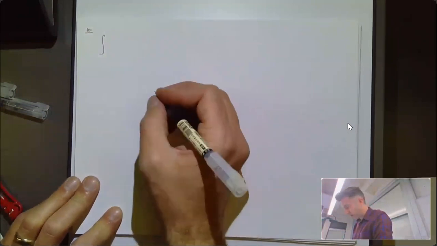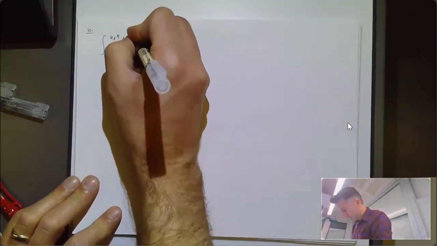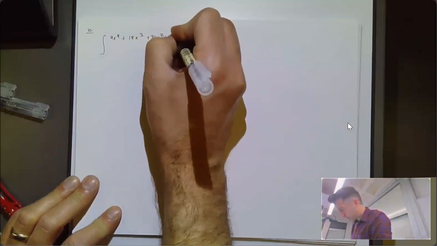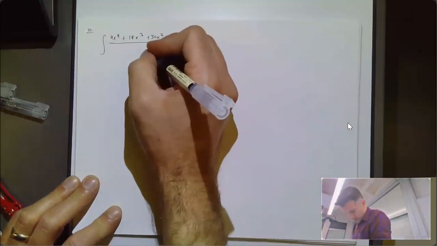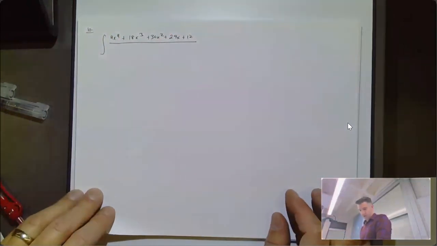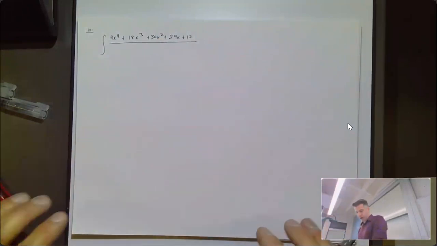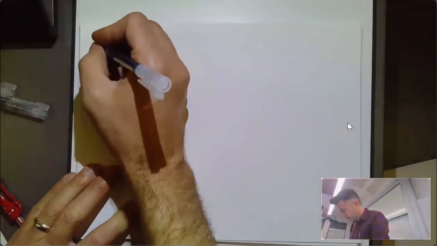So here's my numerator: 4x to the 4th plus 18x cubed plus 30x squared plus 29x plus 12 divided by. Oh, darn it! Sorry, that's not the right thing. My eyes got distracted and I looked at the wrong thing. Okay, let's try this again. The integral of